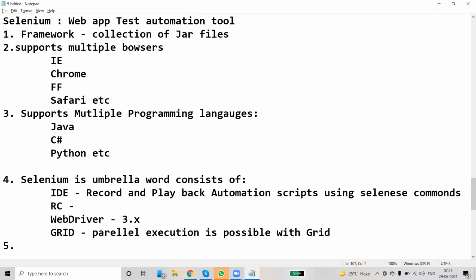Clear? The Selenium suite consists of 4 automation tools: Selenium IDE, Selenium RC, Selenium WebDriver, and Selenium Grid. For Selenium WebDriver, the latest one is 4.x. We even have a beta version of 4.x, but still many people are using 3.x only.